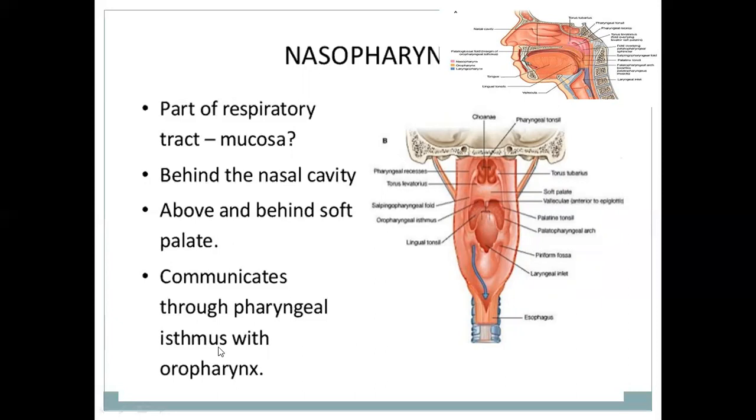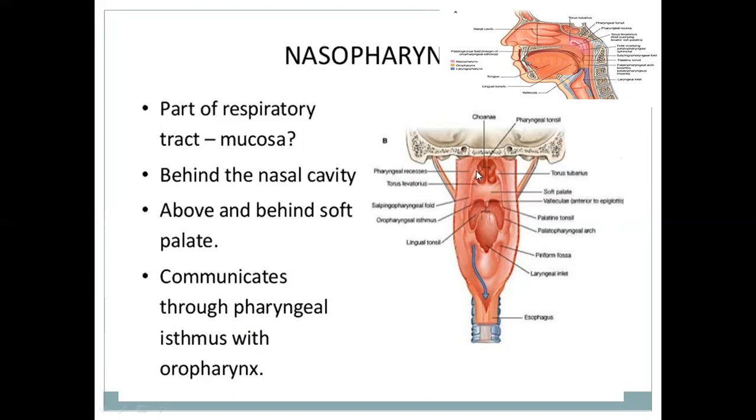The nasopharynx communicates through the pharyngeal isthmus. Whenever the bolus goes downward, the soft palate, which contains the palatopharyngeus, will contract and go upward, and the salpingopharyngeus muscle, another longitudinal muscle, elevates the nasopharynx upward. The soft palate and the posterior pharyngeal wall come closer to each other, and the soft palate closes the pharyngeal isthmus. How is the pharyngeal isthmus formed? By the soft palate and the posterior pharyngeal wall. So this pharyngeal isthmus is closed during eating.